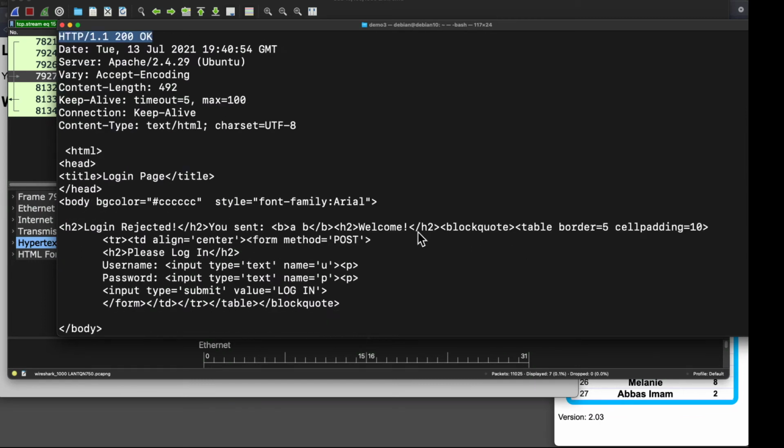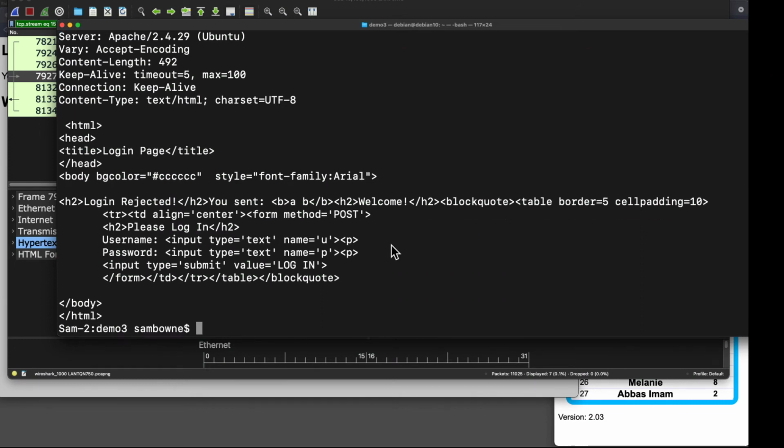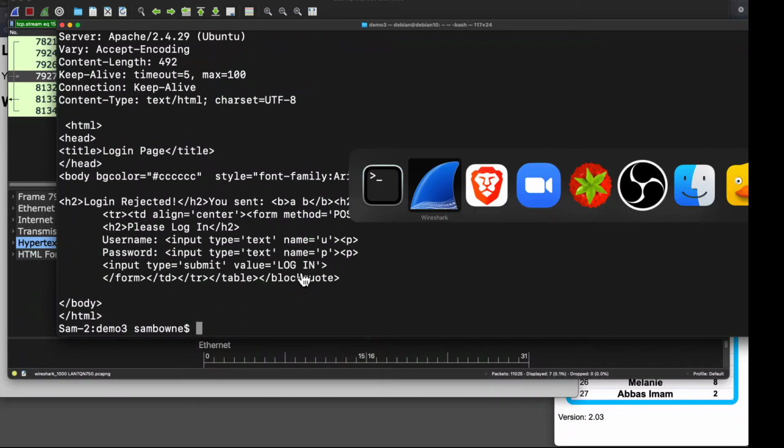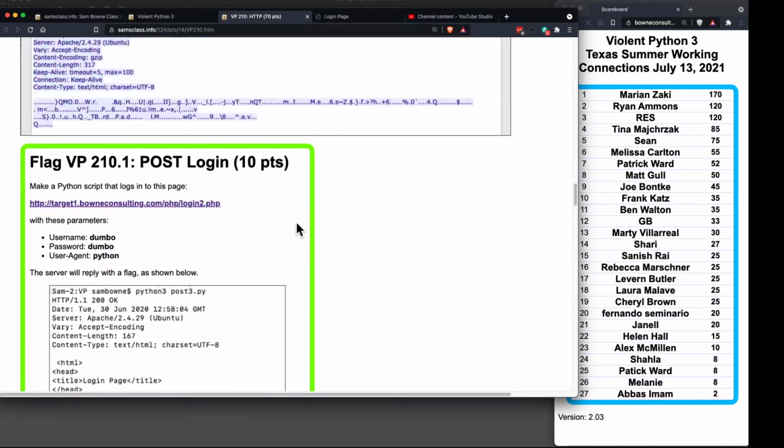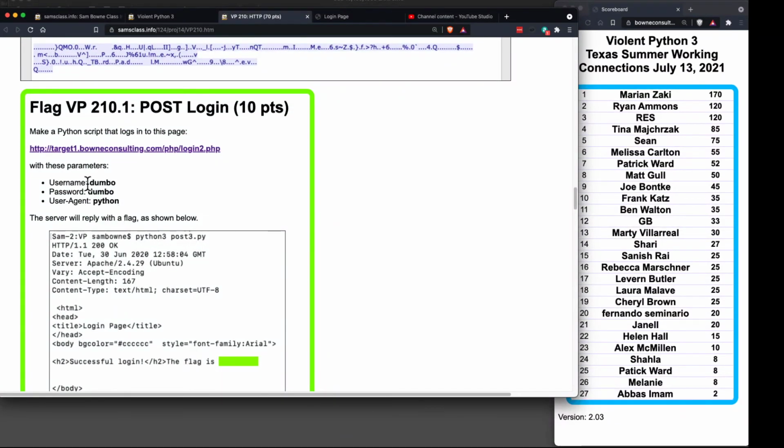You sent A and B, and all right, welcome. That doesn't sound right. I think it should tell me someplace that I failed, but anyway, doesn't matter. All right, so that's how you can do the important HTTP requests in Python, and now you can just